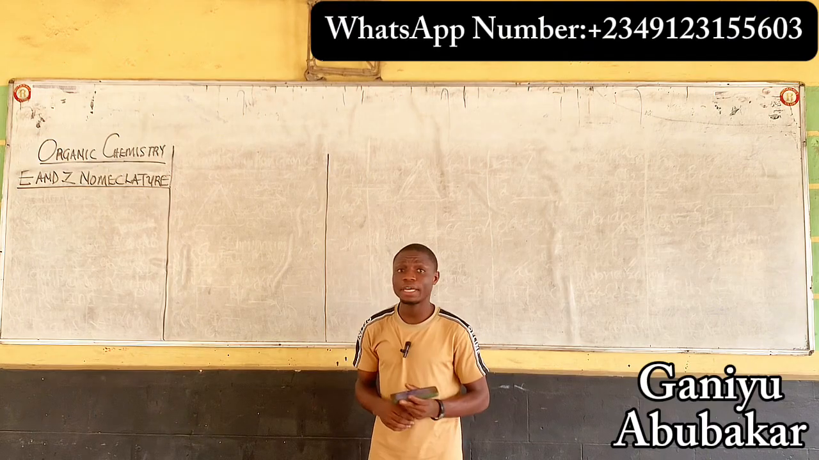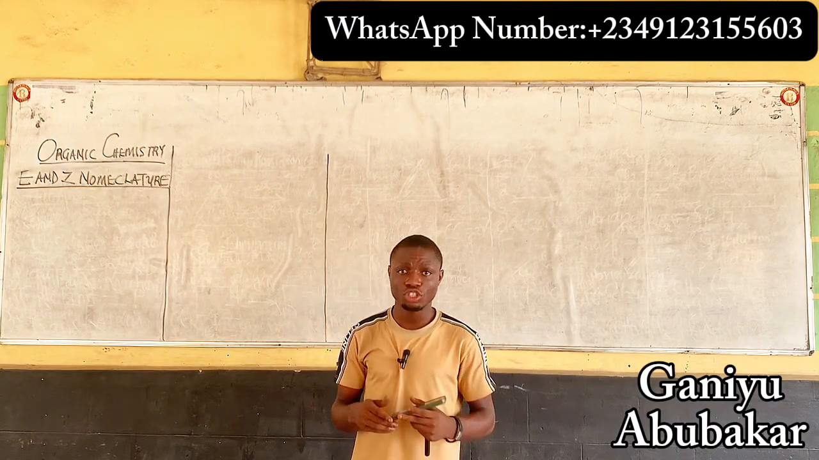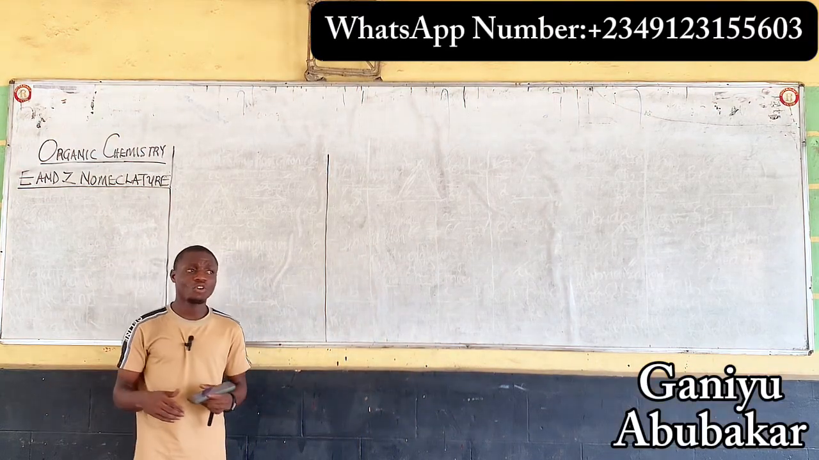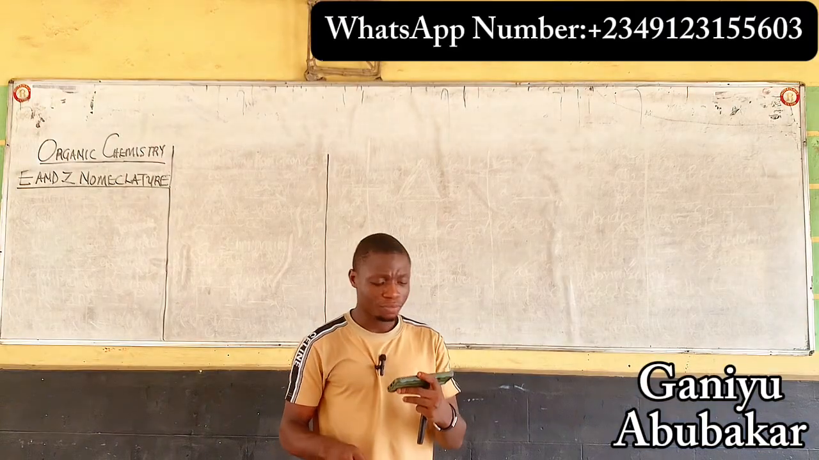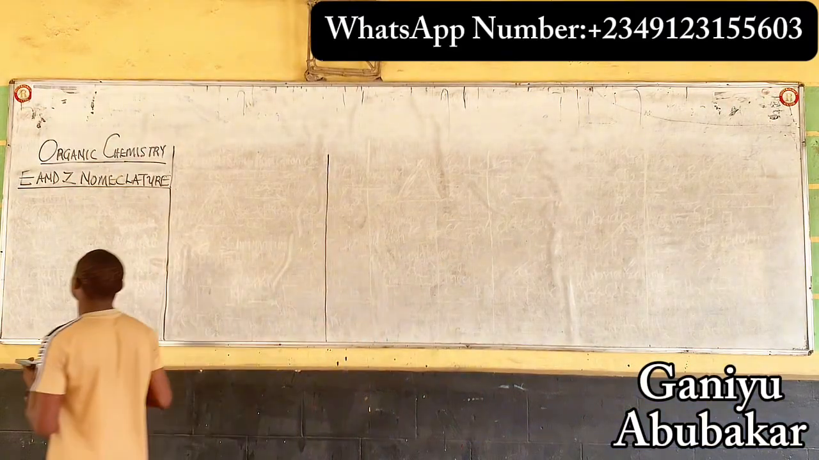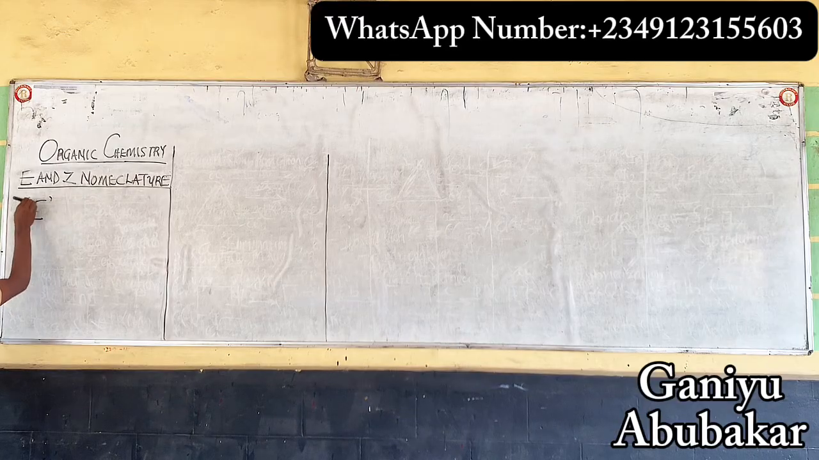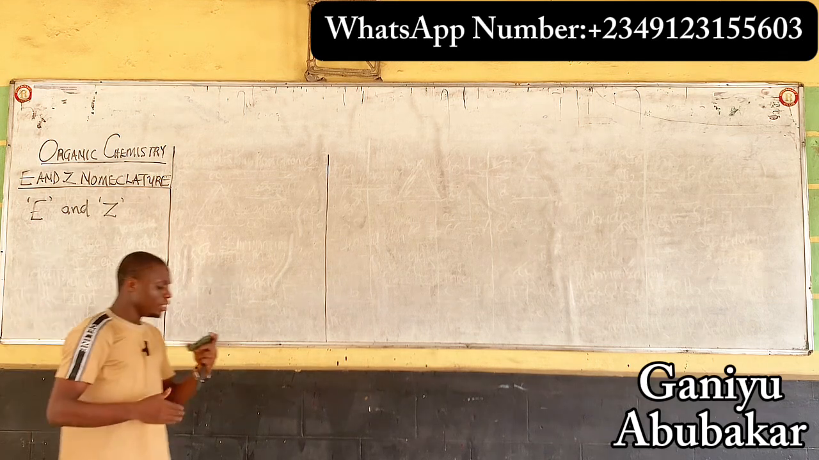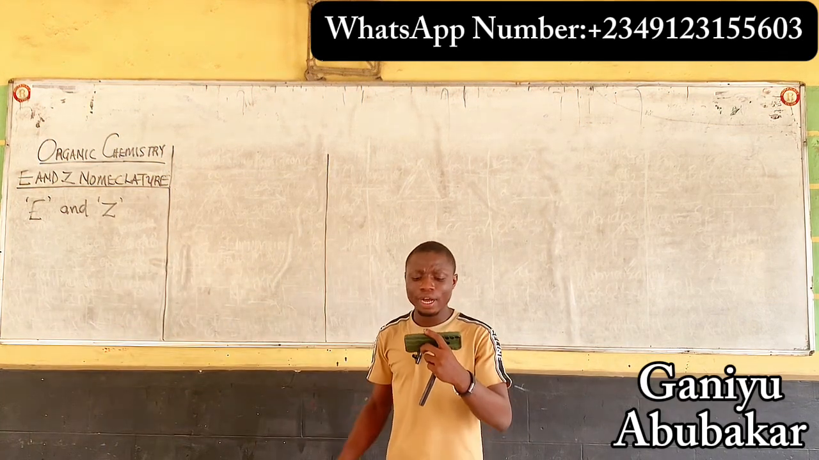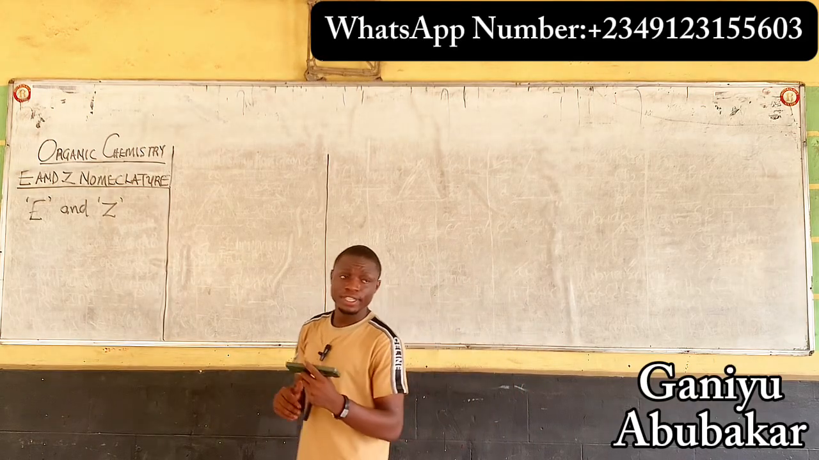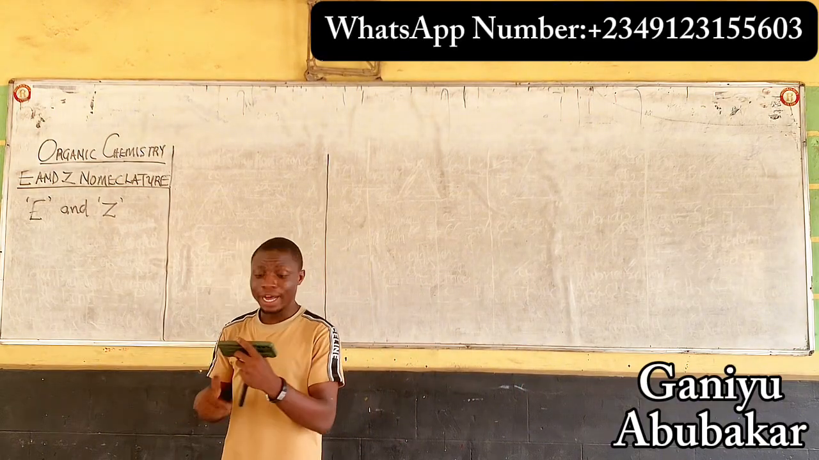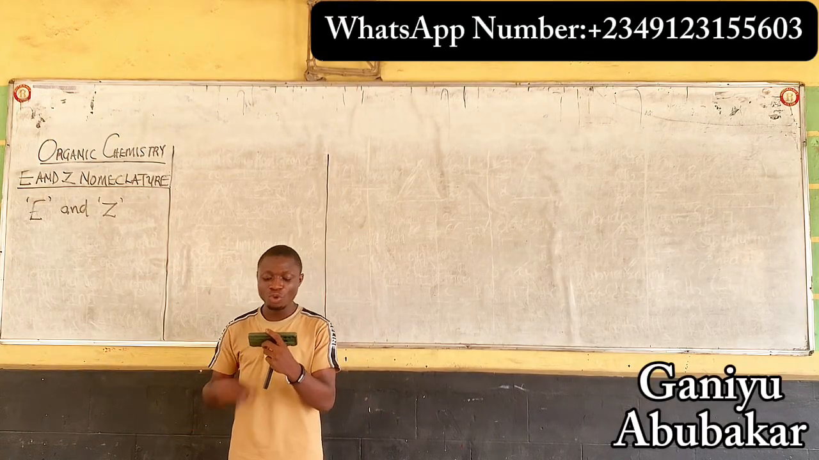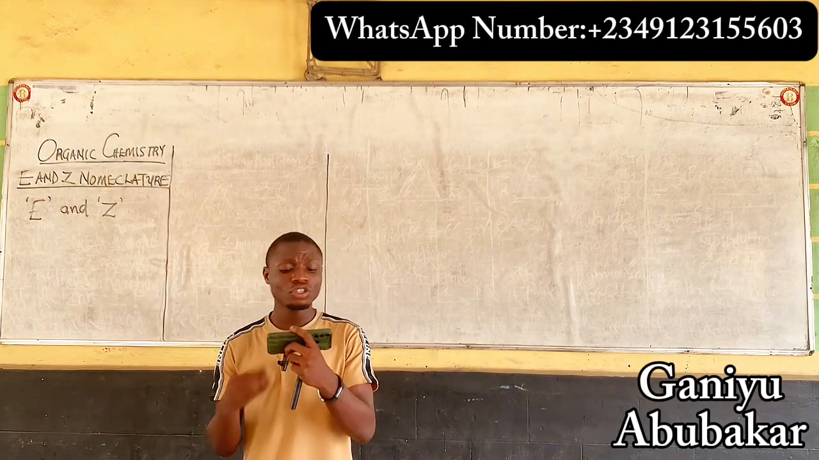Let's look at the concept of E and Z nomenclature. Let's discuss E and Z nomenclature in the study of organic chemistry. By definition, the E and Z nomenclature can be used in place of the cis and trans system when an alkene does not